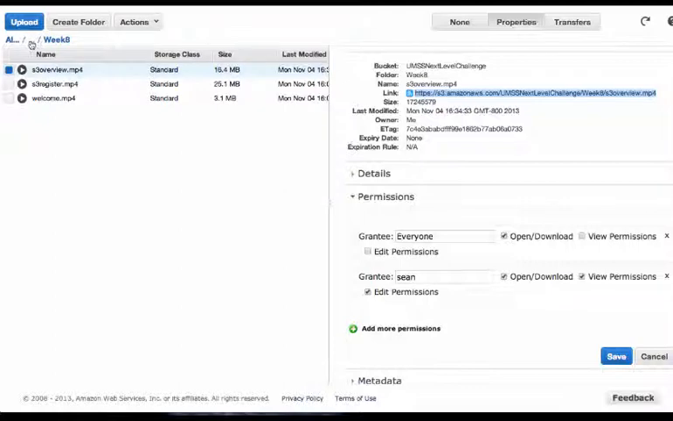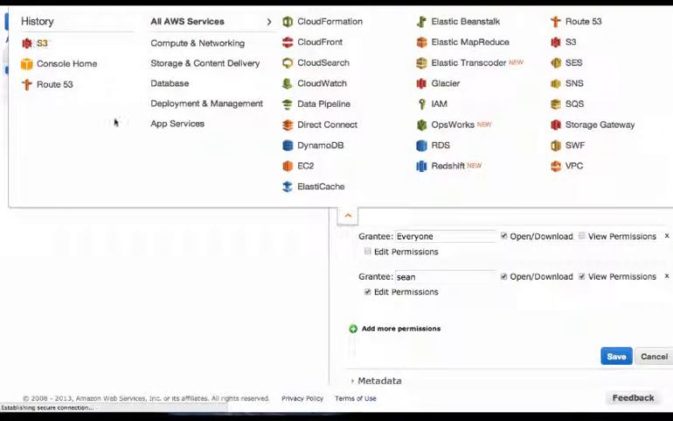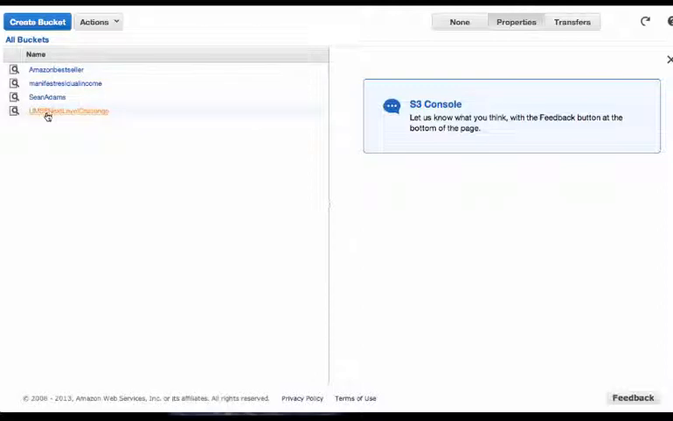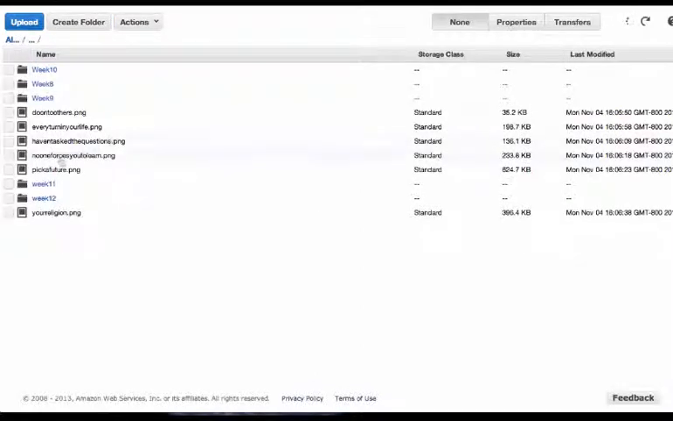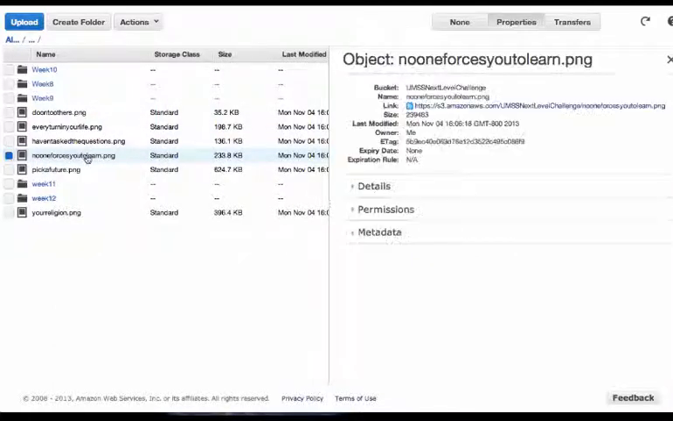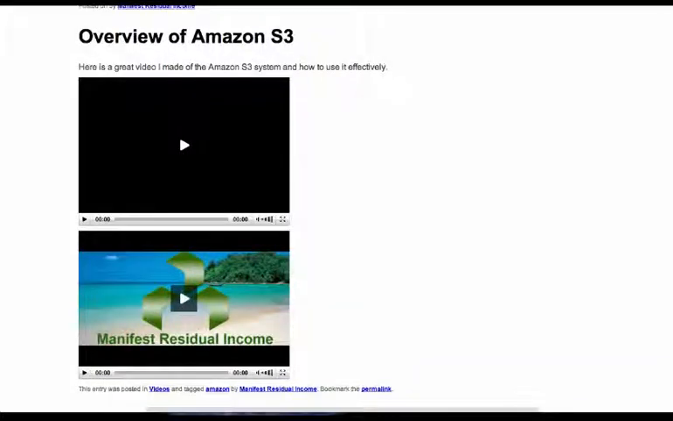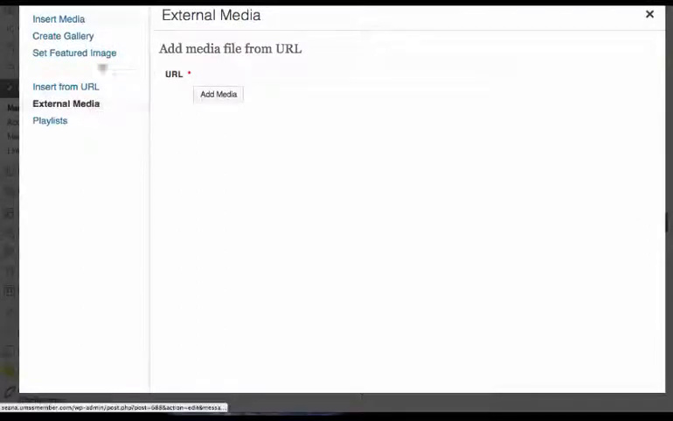I'll do one more from the S3 account just so you guys can see. I'll go back to my S3 account here, and we'll go back through all the buckets and show you where I found one specific image, and we'll go play that game too. So we're going to go to next level, and let's say I want to do No One Forces You to Learn. So I can go to properties. Since I selected that image, I go to properties, I highlight the whole darn image, hit copy, and then I can go in here and I'm adding media